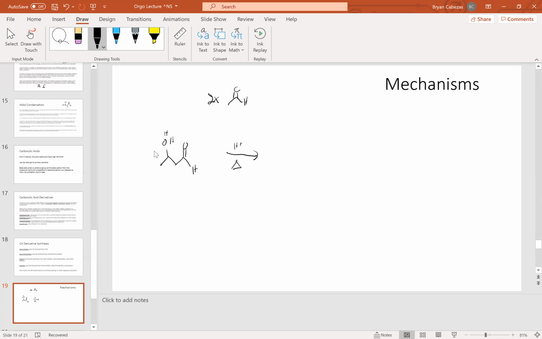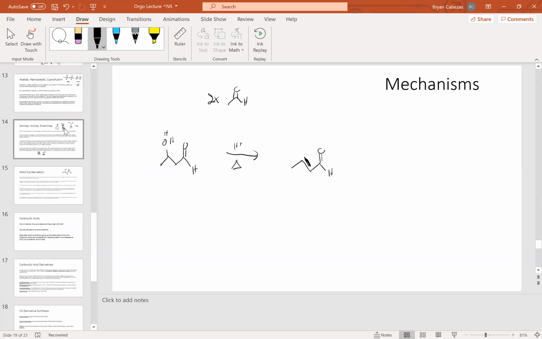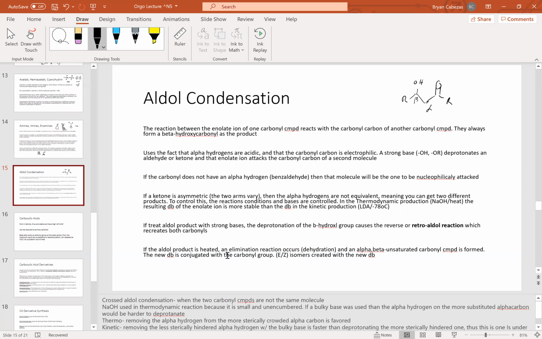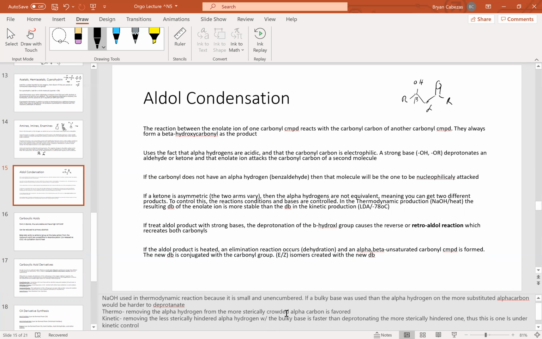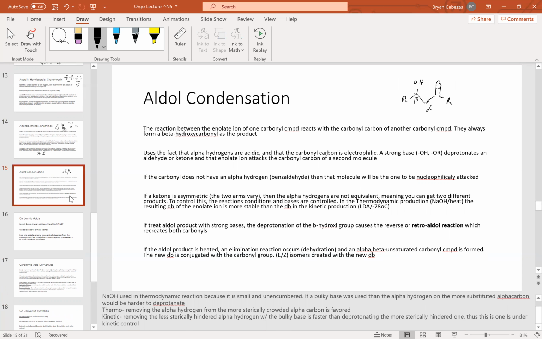So the mechanism is a bit tricky to follow. Basically, what we have here is the removal of this OH group and the creation of a double bond that is conjugated with the carbonyl that we have placed over here. So this is what we have, an aldol elimination step. Dehydration occurs, and the alpha beta unsaturated carbonyl compound is formed. So what it means by dehydration